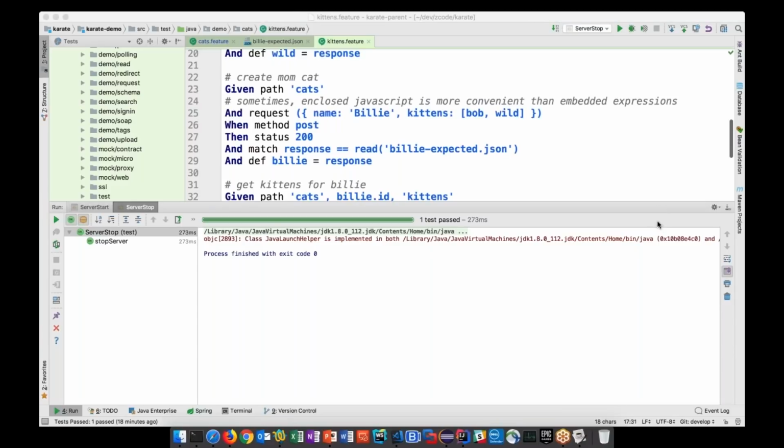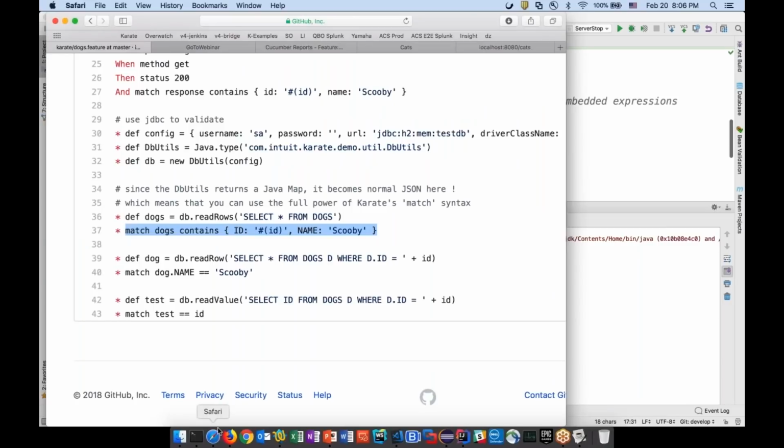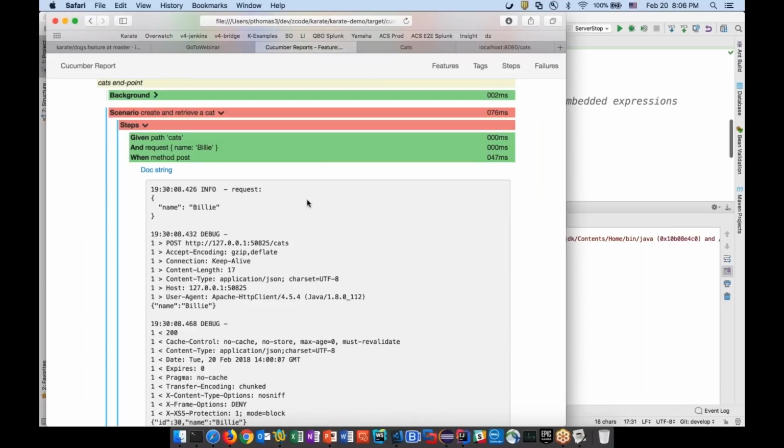Is there any integration of CI/CD pipeline? Yes. I think the short answer is that by default, when you use this report that I just showed you, these pretty reports, behind the scenes Karate is also outputting the JUnit format of the XML files, which is supported by all popular leading CI tools like Jenkins, for example. I don't have an example here, but I used to have a slide that showed a Jenkins report. So the answer is a big yes.